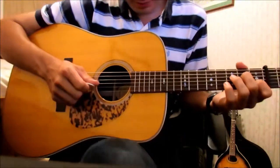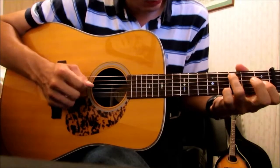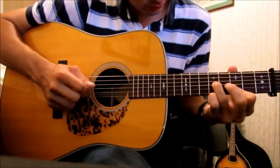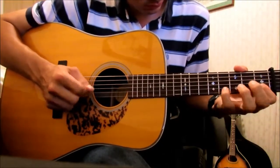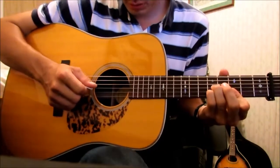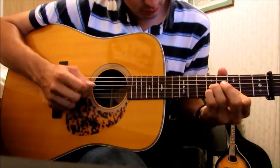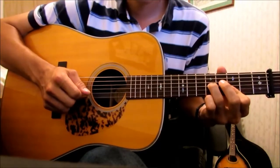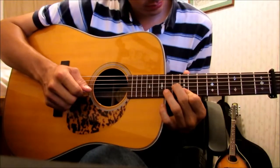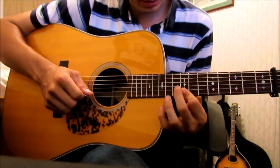So, first half of the break, slowed down, sounds like this. Okay, then to start the second half off, we're gonna do that same little cross picking lick. End there for now, and then go up to the 9th fret on the G string,